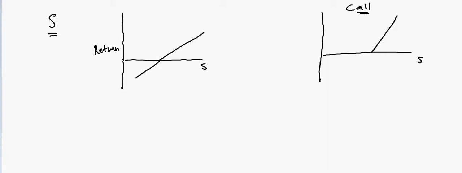So if you sell a put, so this is the call. If you sell a put, then in that case this graph will look very similar to the stock price. So this is your return. That will look very close to what you have for stock. So now what you can do is two things. Either you buy the stock and then sell this combination, so sell call minus put.